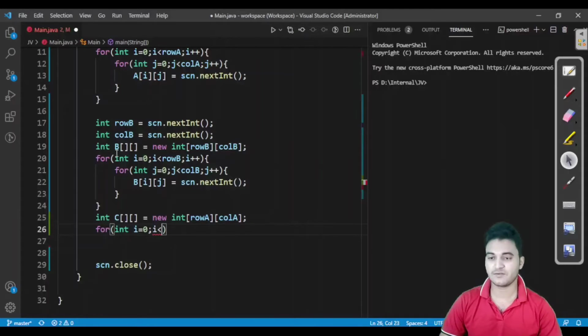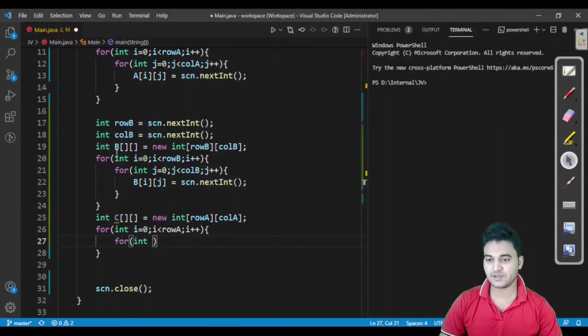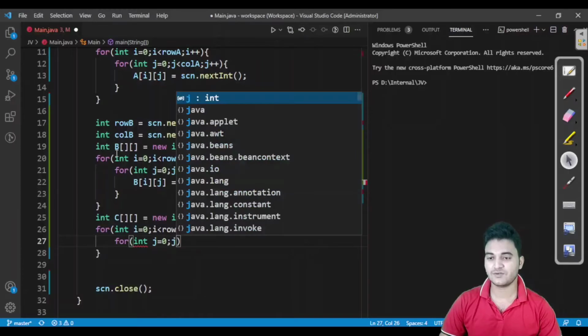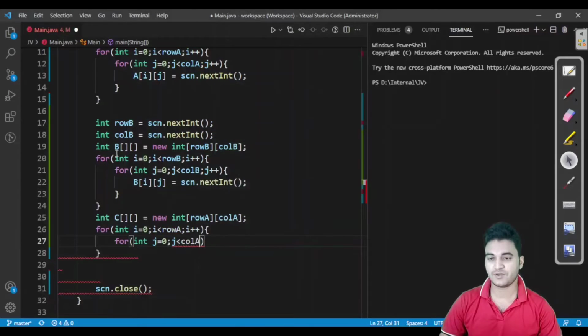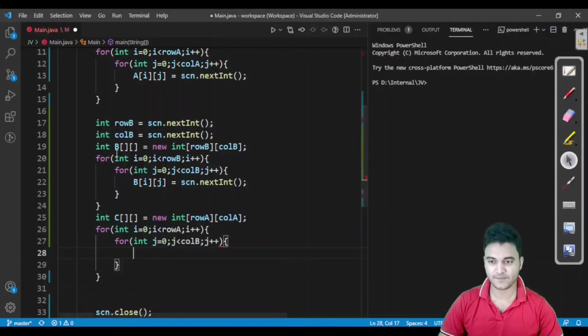Let us go till row A. Now I am taking j equal to 0 up to column B. Fine. Row A and column B, both. Initially both are equal, so we can take either one.